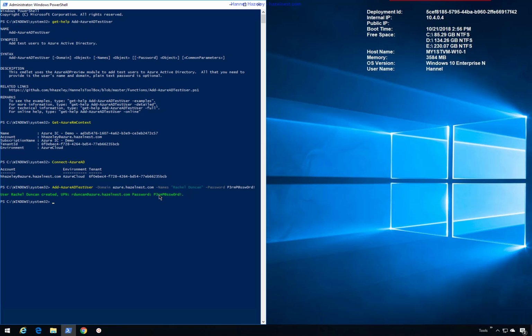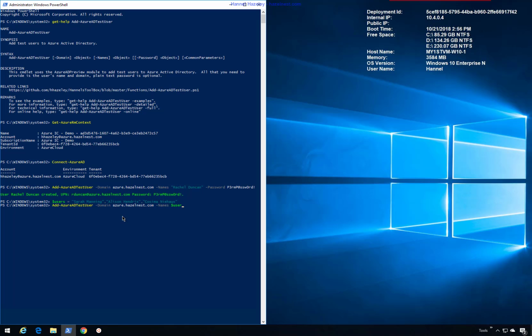Another way you can also use this is if you have multiple users you want to add for different variations of testing. What you can do, I've already had that in here, so I'll just copy this. I'll set a variable saying I'm going to add Sarah Manning, Alison Hendricks, Kasima Nassan. I'm going to add them into my users variable, and then right here, I'm going to add them to the same domain, but instead of putting a username, I'll just put